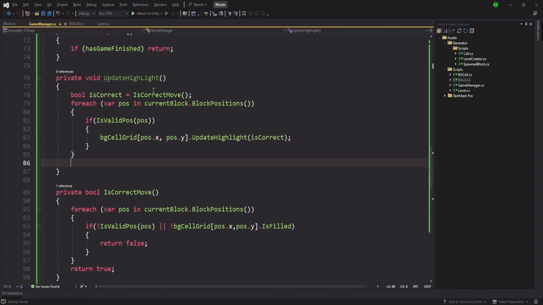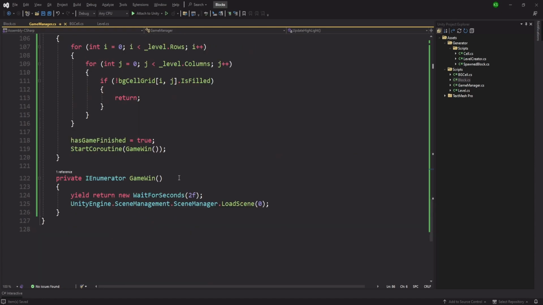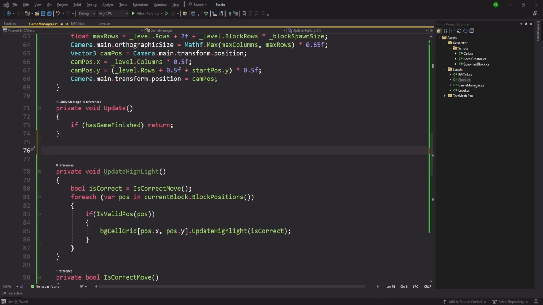Okay, so previously it was like a little bit messy code, and what I did was just cached it, and instead of using a loop, I just passed the value. So the code looks a bit simpler now. And after updating the highlight, we need to reset the highlight. So private void ResetHighlight,